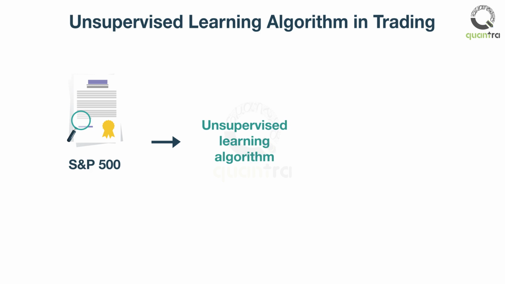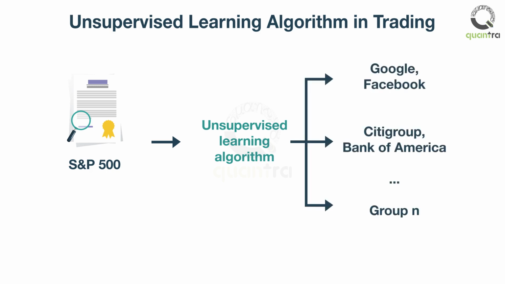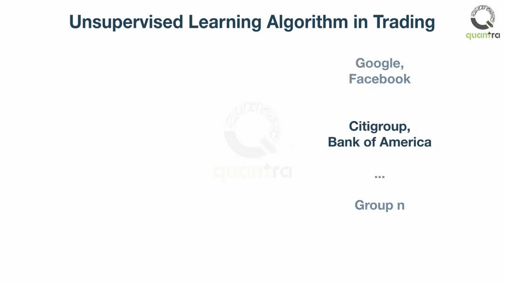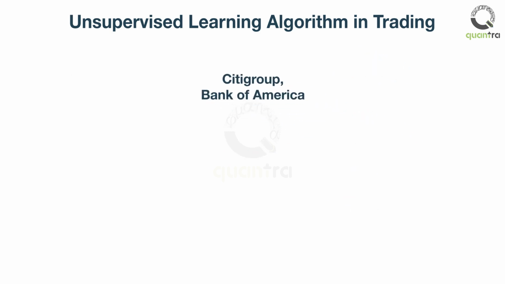Just pass the relevant data for the 500 stocks to the algorithm. In return, it will cluster similar stocks together. For example, it will create a cluster of Google and Facebook, and another cluster of Citigroup and Bank of America, and so on. You can then pick a pair of Citigroup and Bank of America, and create a statistical arbitrage